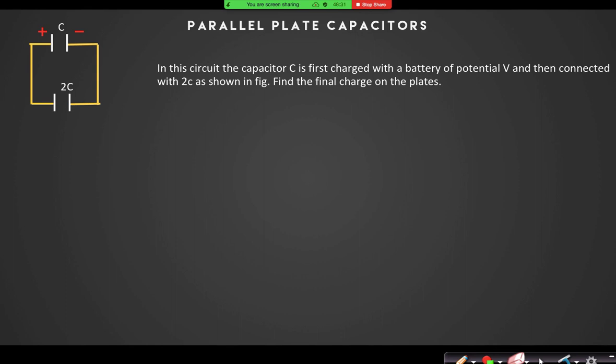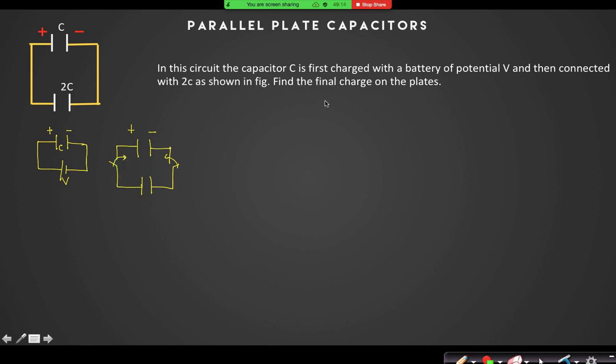Now, with this configuration, I have isolated that capacitor from the battery, and now I have connected it with the capacitor 2C, right? So I have first charged that capacitor C with a battery of V like this, so that it is completely charged. Now I have disconnected the battery and taken the same capacitor with this polarity, and then connected it with a 2C capacitor in this circuit, right? And these two switches are closed.